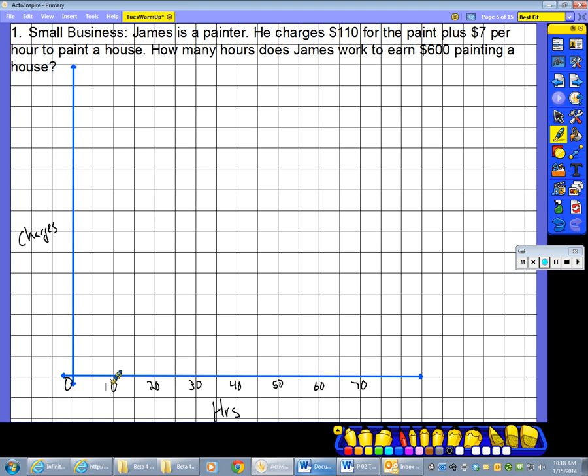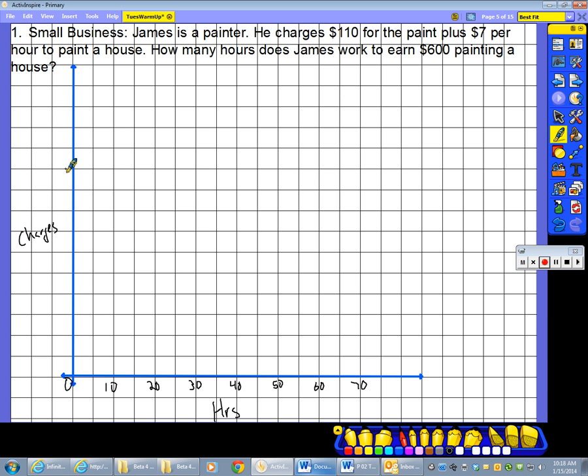So if I count by tens, I have to always count by tens on this x-axis. If I skip a line, I need to always skip a line, okay? So my spacing and the number that I'm counting by has to stay the same. So you see I've got from 0 hours all the way up to 70 hours. I'm good there. Now, on my y-axis, how much he charges,